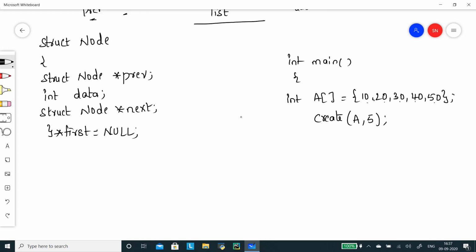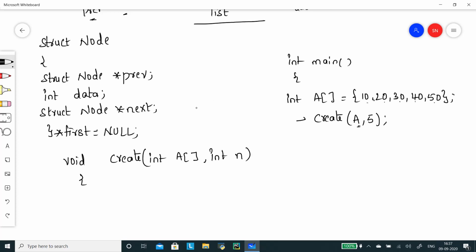First we need to create this function, and I am going to call it. Void, as I'm not returning anything to the main function. The next one is create. I'm passing the array, so int A array, and n is the number of elements, integer n.